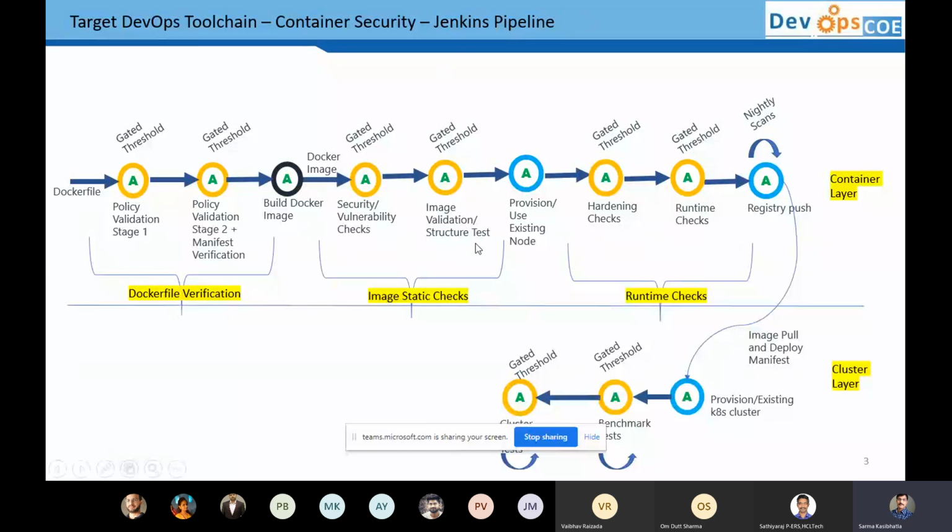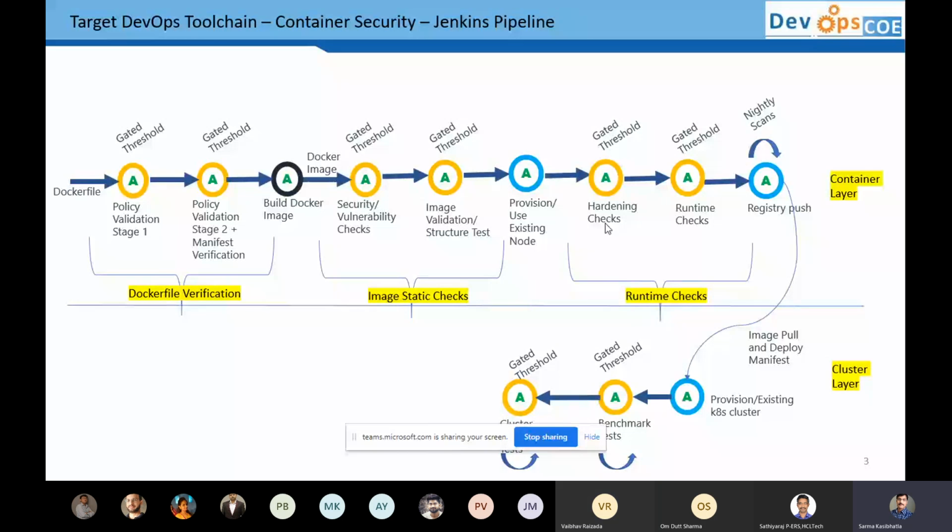Yeah, so once it is through this stage, we have an automated provisioning environment. Provisioning scripts are added to create a node, or we could use an existing node itself if you have it. It should have a Docker environment set up. And then once this stage is through, we would run this container. When the container starts executing, it depends, it can have other containers running along with it.